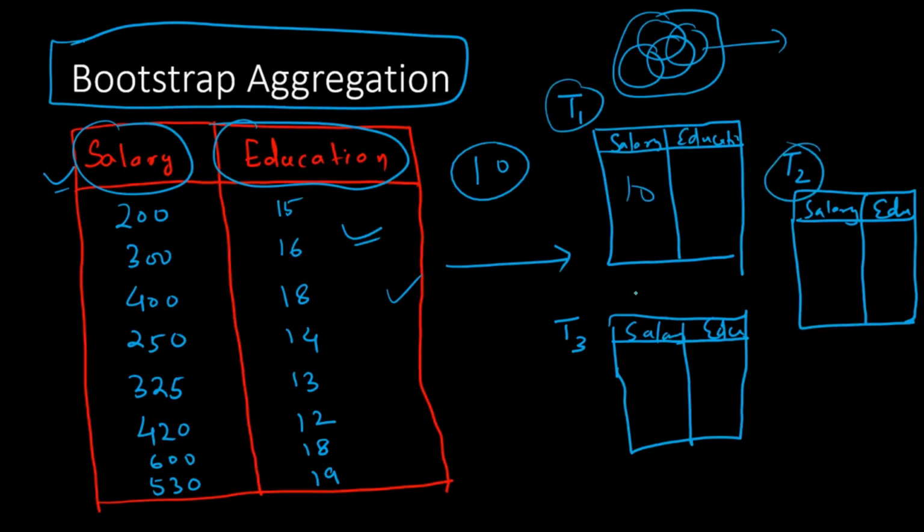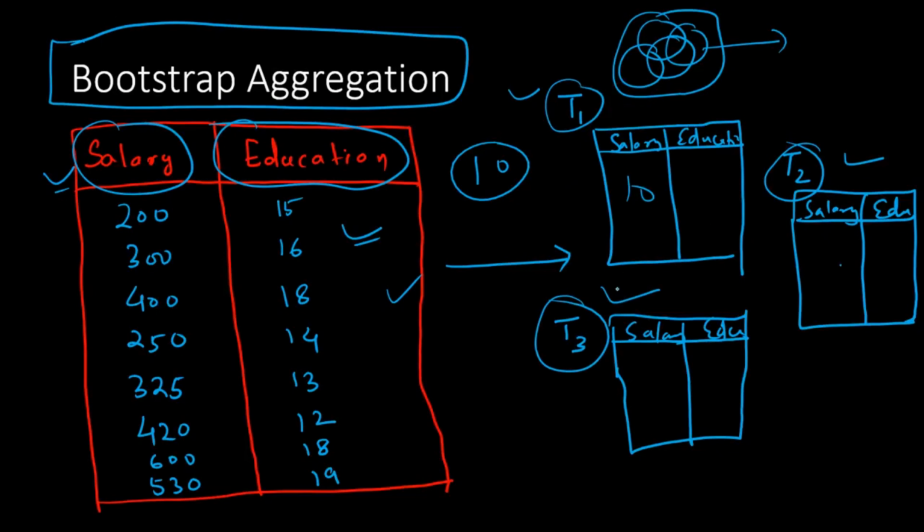And we've got a second sample T2 in a similar way, and all these observations are replaceable, by the way, and the same observation can be in T1 and T2 and T3 as well. So then we took the third sample. Now what we'll do is fit a decision tree on T1, a separate decision tree on T2, and another one on T3, and then we will have